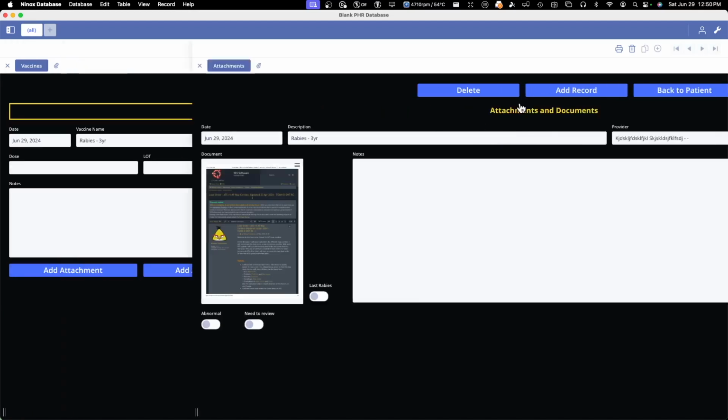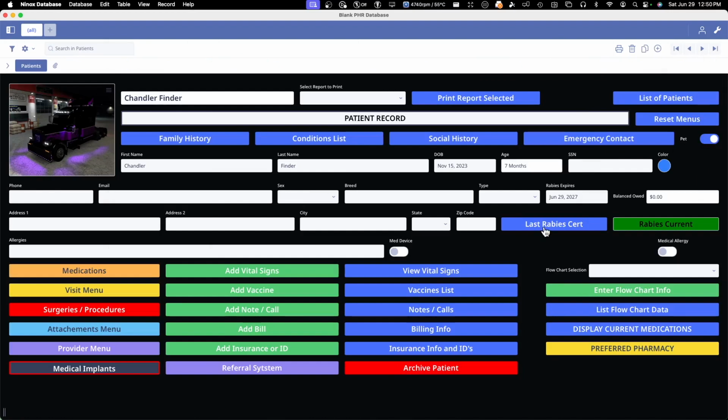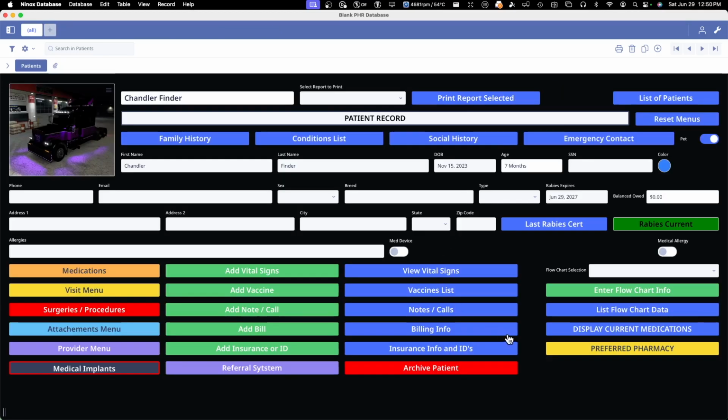Now, if we go back to patient, all right, if we click last rabies certificate, it's going to bring up that appointment and it shows his document and the doctor document. So that's the basic functions